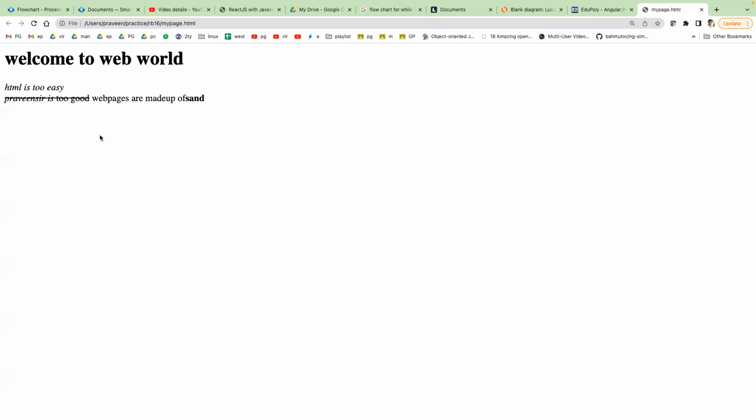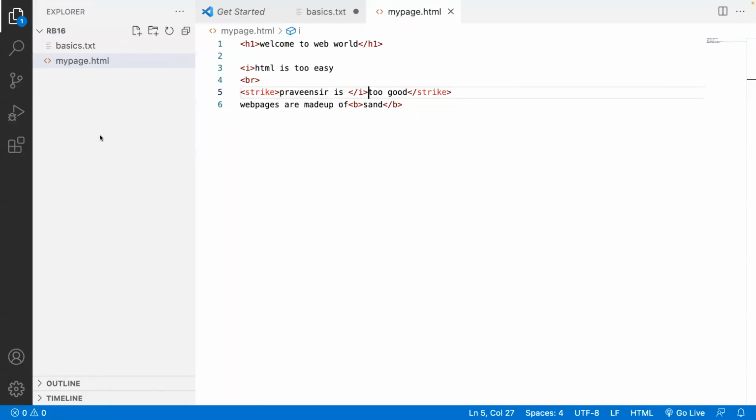Italic started from "HTML is too easy" and "Praveen sir", and then up to that, italic applied. After that, there is no italics because you have closed before that. Sorry, after "is". Are you able to see that?